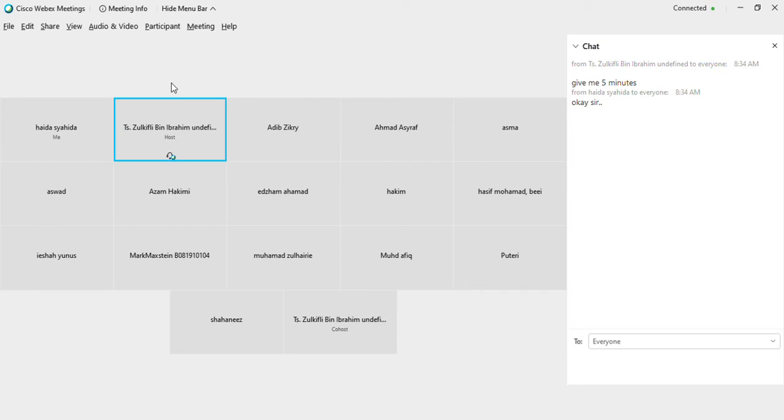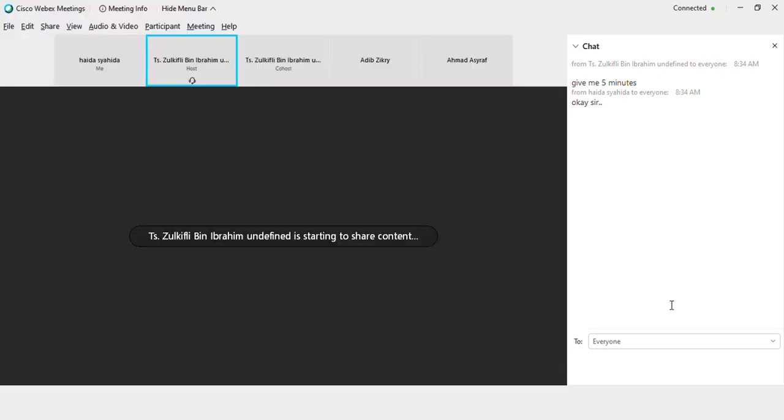Untuk hari ini kita akan buat labs on the single phase induction machine. So as you can see in